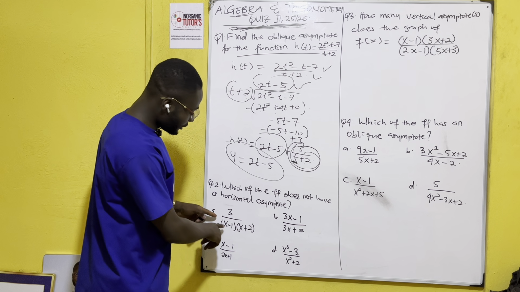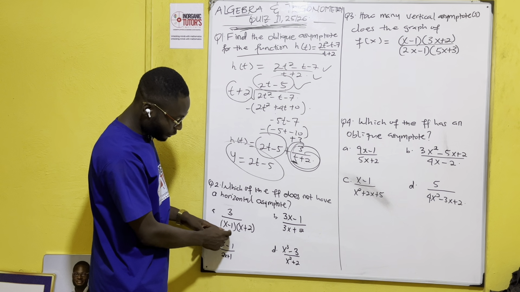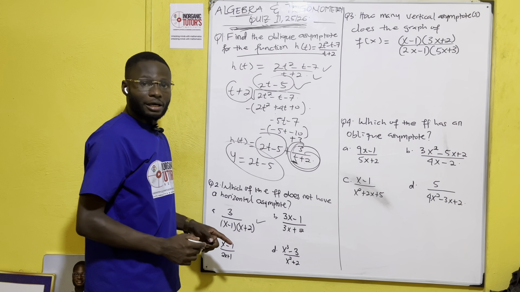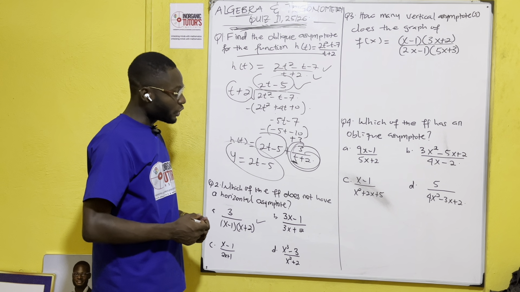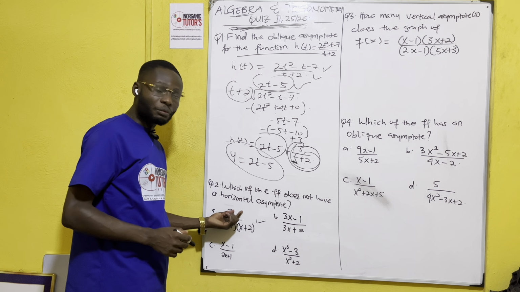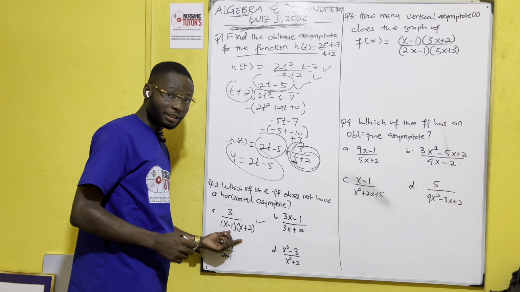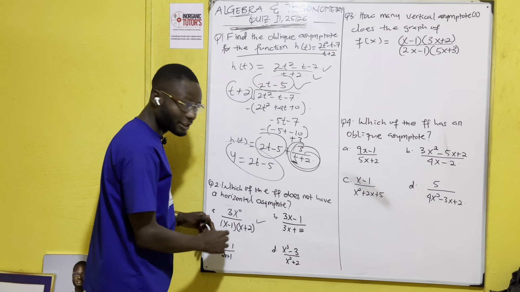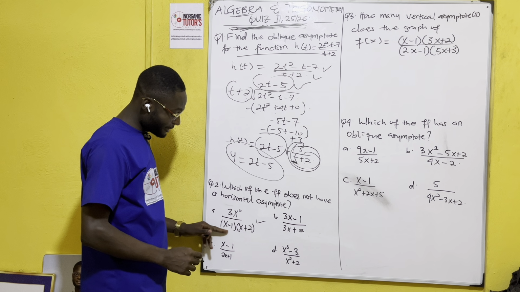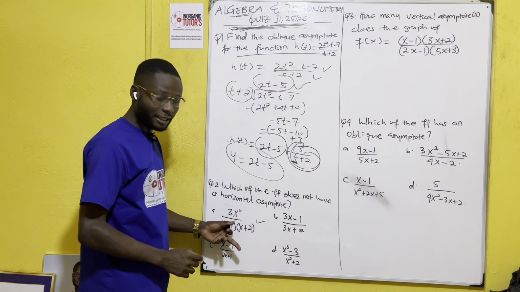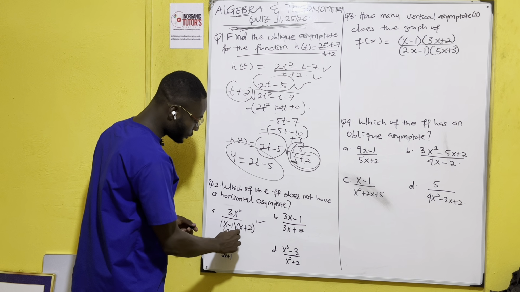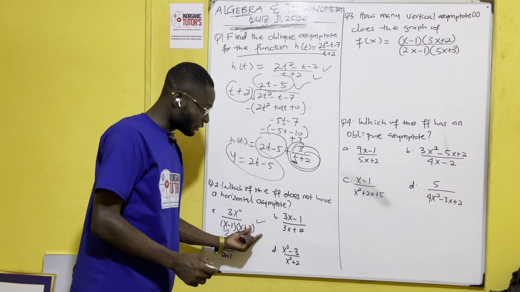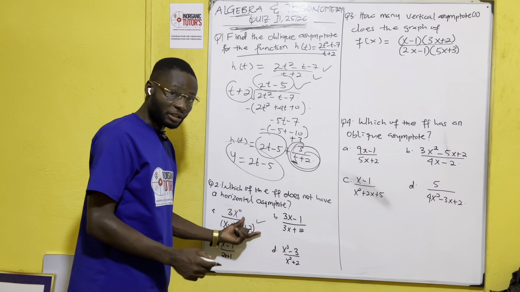Now, let's look at the first option. We have 3 over x minus 1, x plus 2. So this one possibly satisfies the condition of horizontal asymptote because the degree of the numerator is less than the degree of the denominator, right? Because we have 3 here, which means we have 3x to the power 0. 0 is less than, let's say you multiply this and you have x squared in it. It means that you are going to have y equals 0 for the horizontal asymptote. So this satisfies the condition for